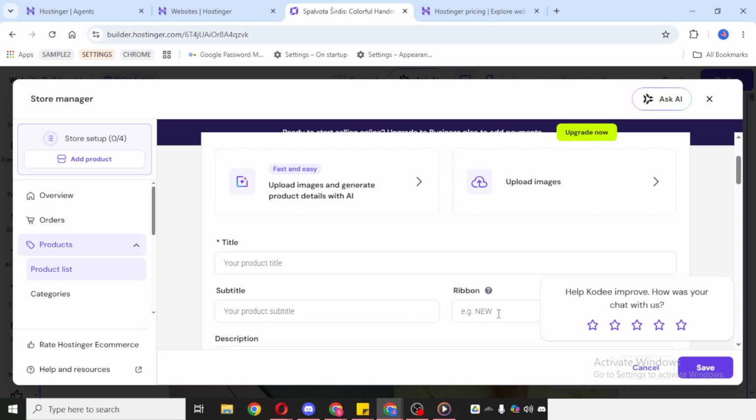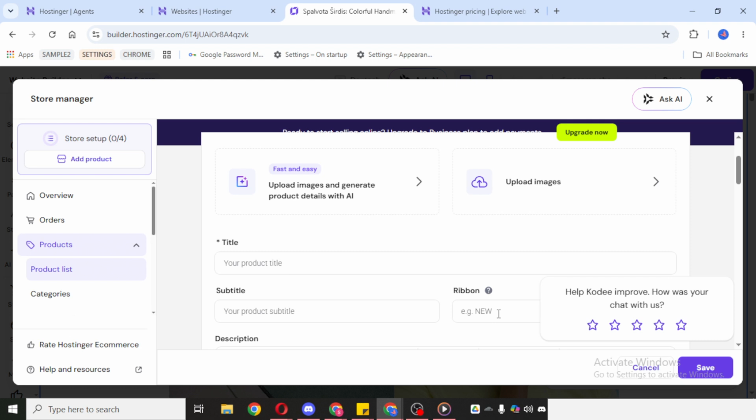As you enter the details, feel free to input everything necessary to make the product listing complete and professional. The more organized and accurate your information is, the smoother the buying experience will be for your customers. It's also a good idea to quickly review everything before moving on, just to make sure there are no typing mistakes or missing fields. Once you're done, click Save. This stores your product information and adds it to your website store. After saving, your digital product should now be part of your online shop setup inside Hosting a Website Builder.